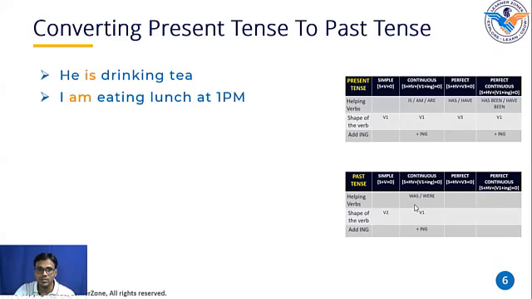He was. Okay. Remember that table? I was, we were, you were, he was, she was, it was, and they were. So in front of he, we have to use was. He was, V1 plus ing, same thing. Drinking a tea. He was drinking a tea. Again, I. Now I want to convert this sentence to past continuous tense.